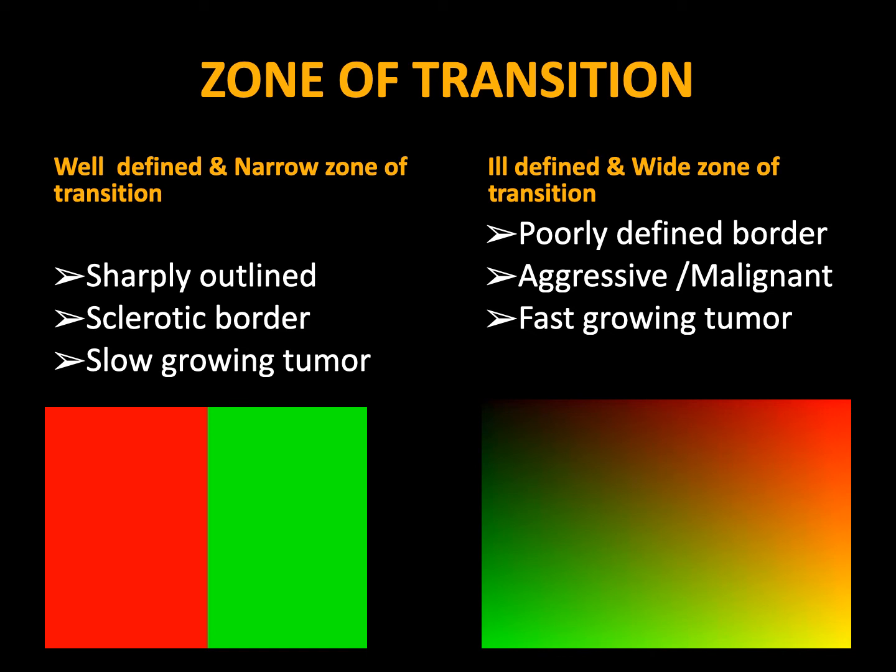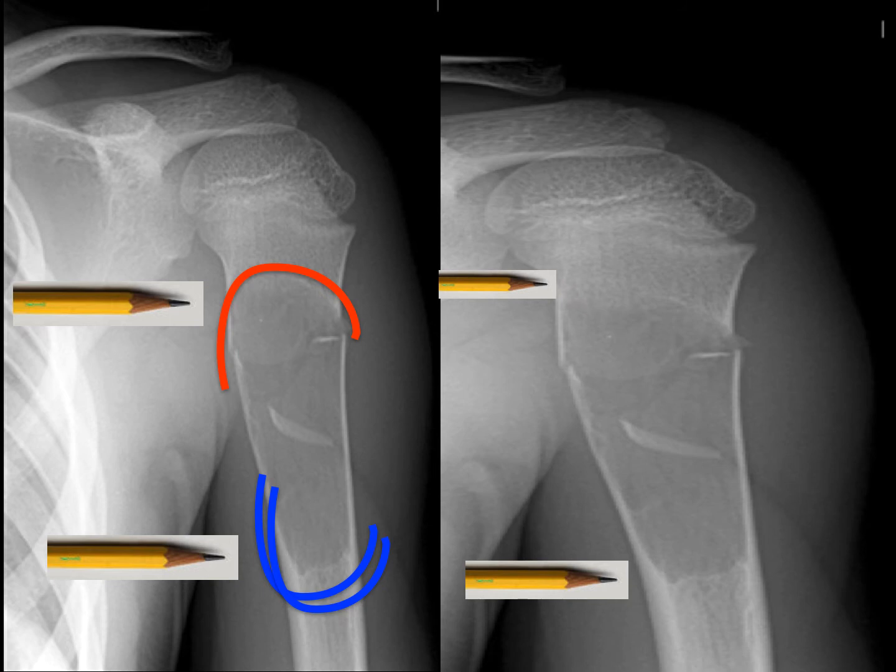So we'll be seeing a few X-rays which will be showing the meaning of well-defined and ill-defined lesion. So this is an X-ray of a skeletally immature child. The physis is open, and with the help of a pencil, with the red color we are able to draw where the tumor is starting, and with the blue color we are able to draw where the tumor is ending. And inside there is a pathological fracture, and a small fragment is seen, so that is the fallen leaf sign in a simple bone cyst involving the humerus bone.